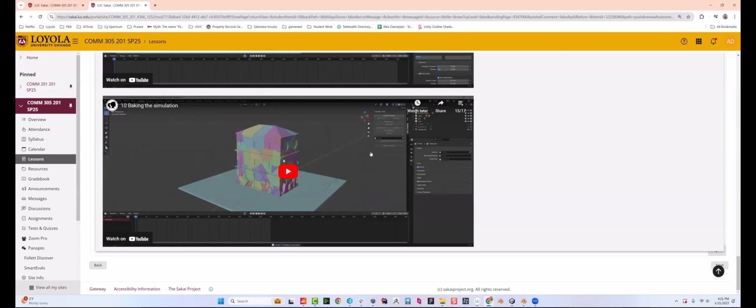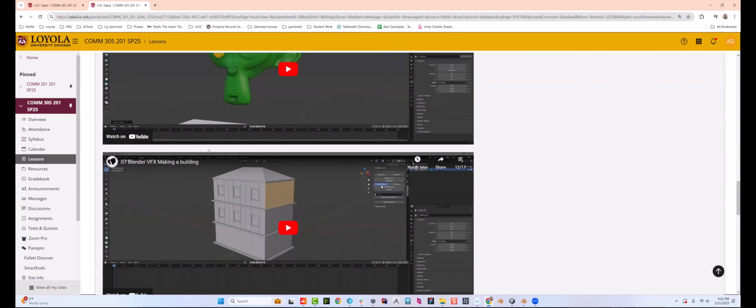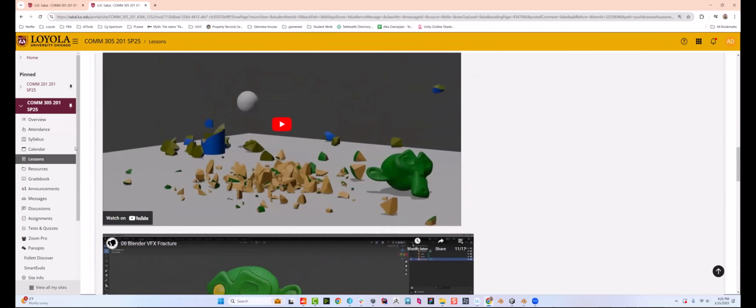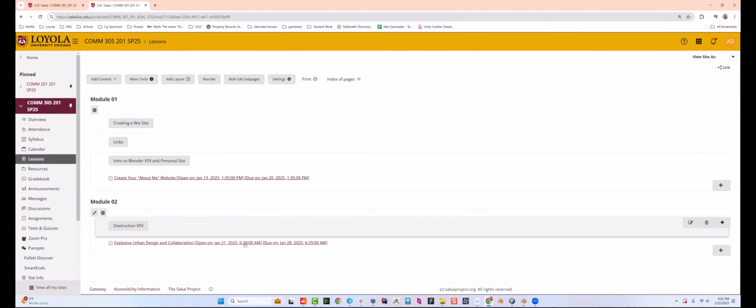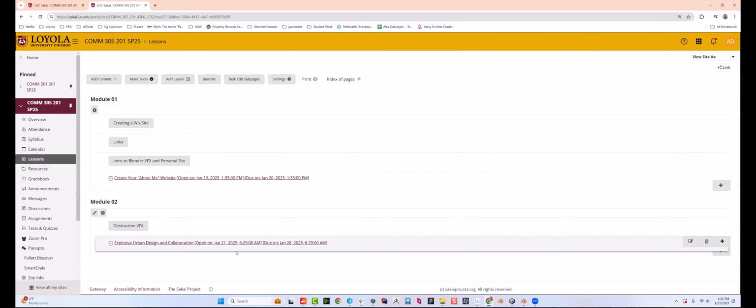So anyway, right off the bat, lessons are up. You have to do this one, and you should definitely do this one. I'm going to go over this particular lesson together now. What I'm really going to do is go over the homework, so the homework itself is this explosive urban design